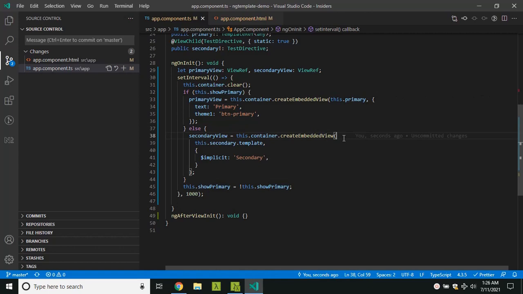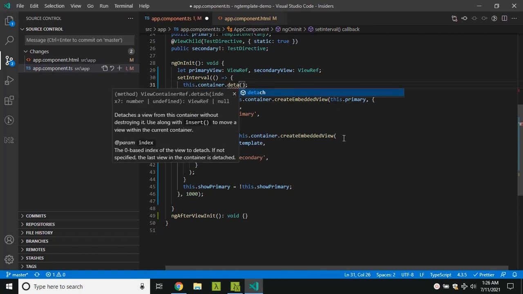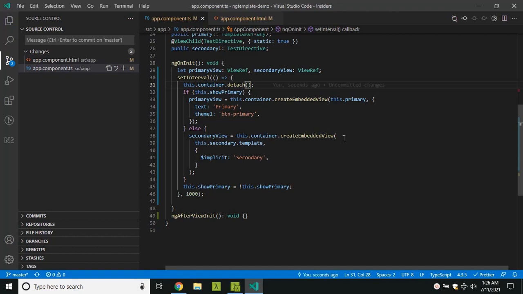There is an option through which you can optimize this. Instead of clearing, there's a method called detach, where we will be detaching the view that is currently inside the view container ref. Also, you can see that createEmbeddedView returns a view reference.